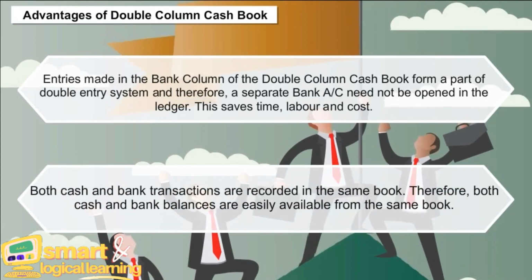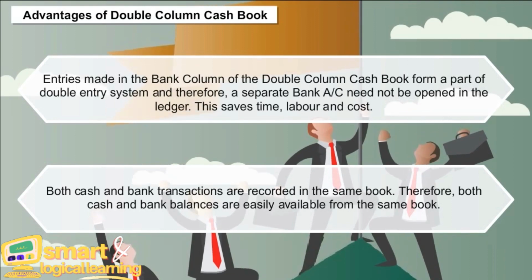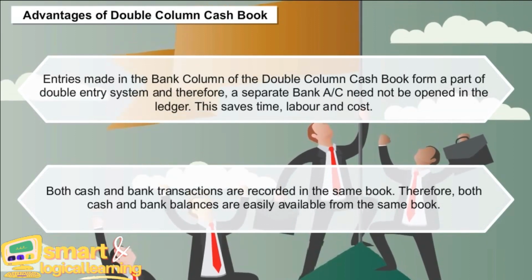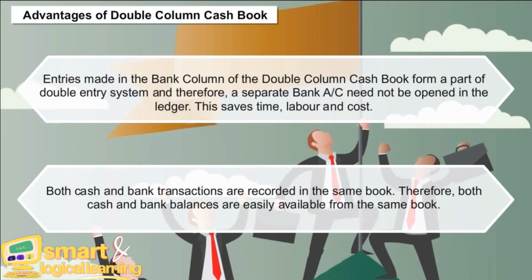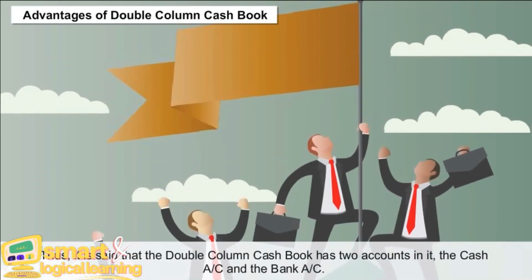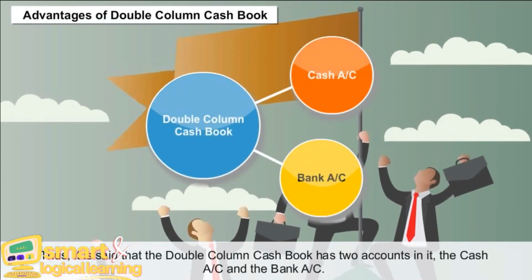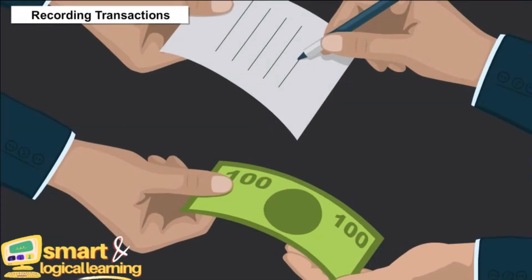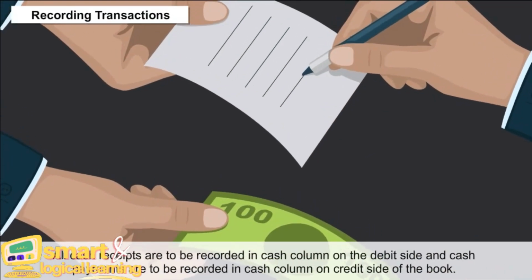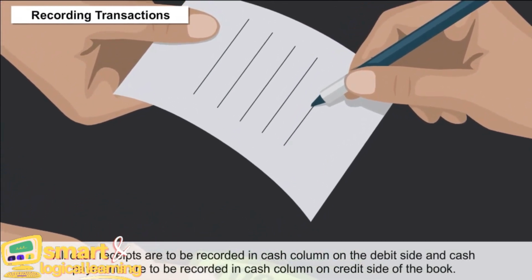2. Both cash and bank transactions are recorded in the same book. Therefore, both cash and bank balances are easily available from the same book. Thus, it is said that the double column cash book has two accounts in it, the cash account and the bank account. Recording transactions. All cash receipts are to be recorded in the cash column on the debit side,